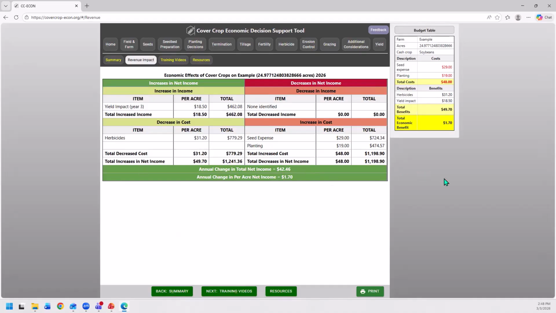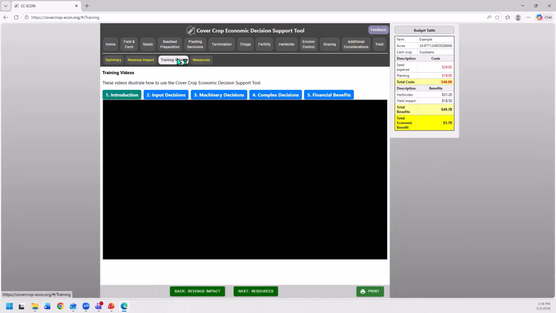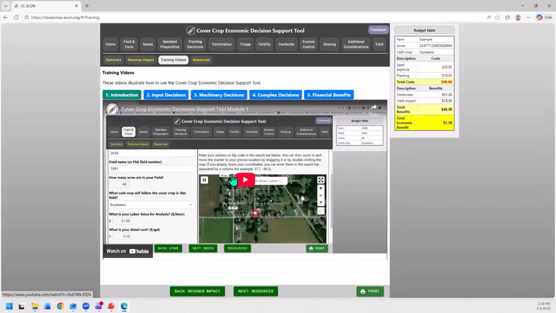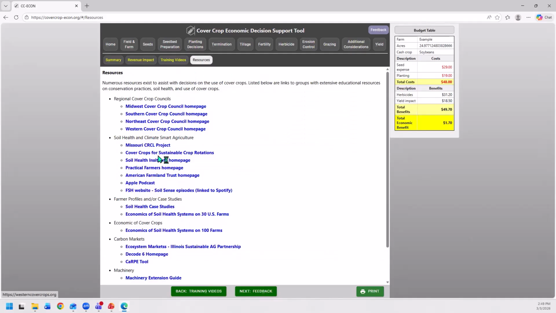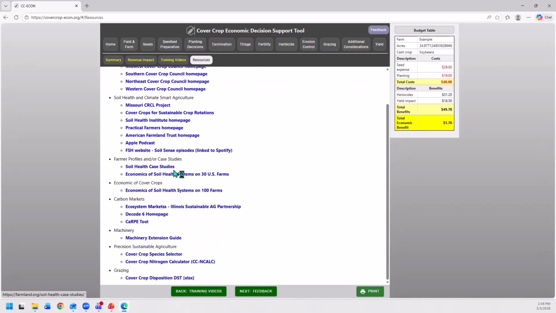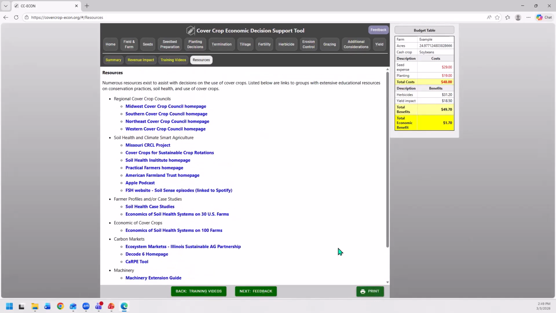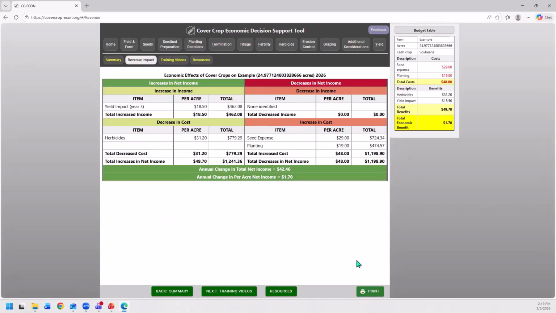So again, this just gives you a good overview of everything. There are also training videos, so if you want to see how this tool works, and there are lots and lots of resources in case you want to read more up on this. And you can print it or do whatever you want with it. So that's the cover crop